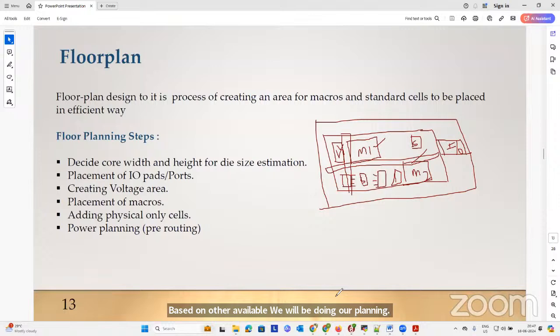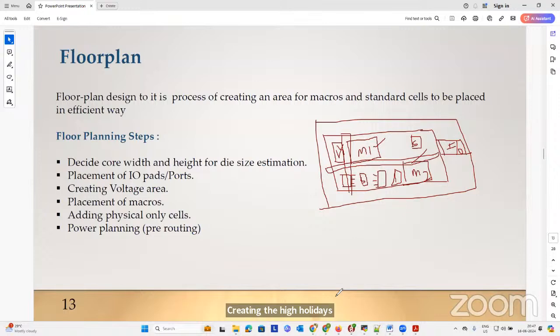This is what floor planning is. The following steps we will be doing in the floor plan. We will decide die area, core area, height and width of the chip size. Next, we will place IO pads, IO ports, creating the high voltage ranges,